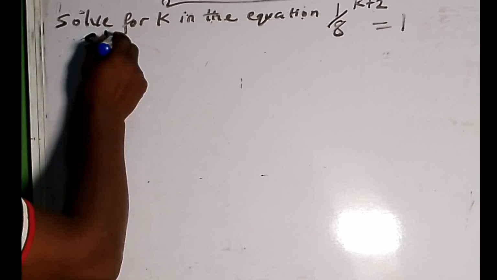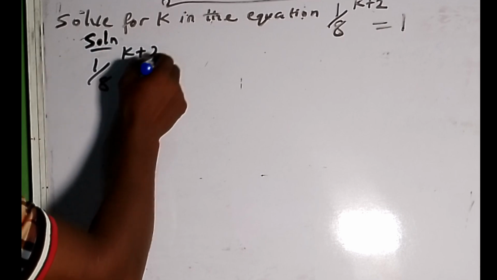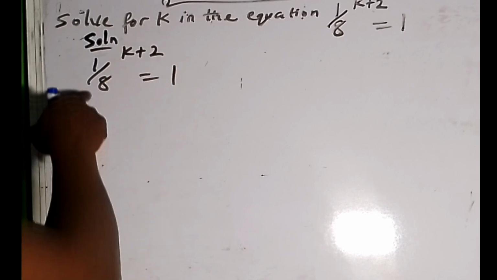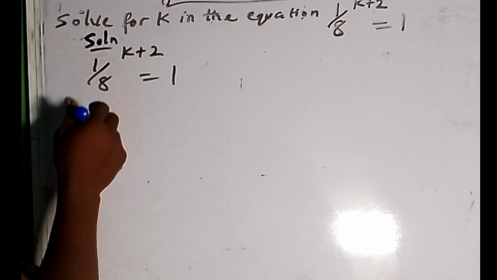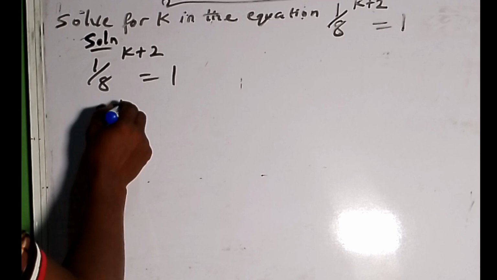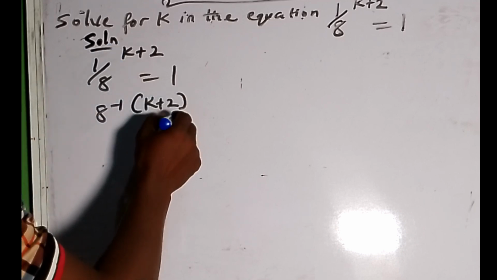Alright, let's solve this question on the board. We have (1/8) raised to the power of k plus 2 equals 1. Now we understand that in the first law of indices, 1/8 can still be written as 8 raised to the power minus 1. Let's put this in brackets: 8 to the power minus 1, all raised to k plus 2, equals